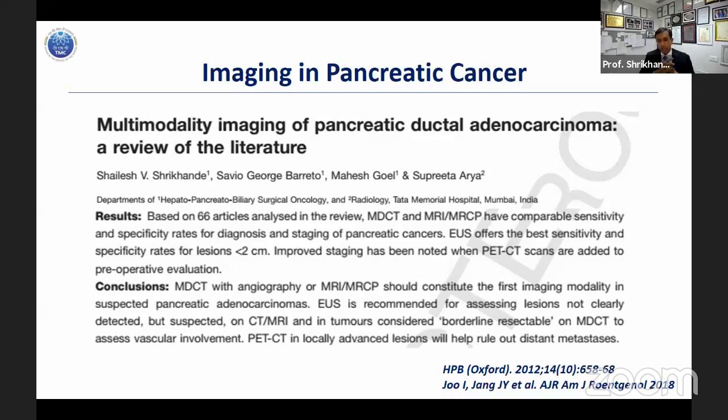I do need an EUS in many of these tumors. The simple reason is that a large number of borderline resectable tumors would need neoadjuvant treatment in the form of chemotherapy predominantly, and in some cases chemoradiotherapy as well. So we need a tissue diagnosis and you need an EUS as well. And of course, in borderline resectable pancreatic cancer, I think a PET scan is also worthwhile to rule out distant metastatic disease. This is an old publication, but the practice hasn't changed after this systematic review that we published in